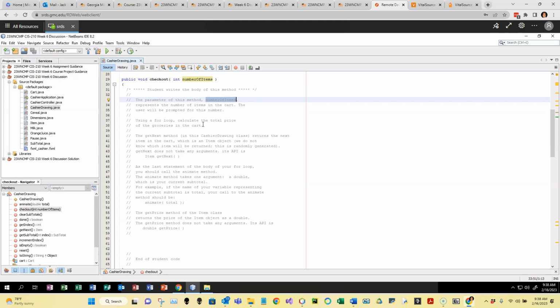Then using a for loop, calculate the total price of the groceries in the cart. Well, that's fine, but my next question would be, well, how the heck do I get the groceries out of the cart? Aha, there is a get next method that will return the next item in the cart, which is an item object. All right. So this is critical knowledge. We definitely need to use this get next method in order to obtain that next grocery item